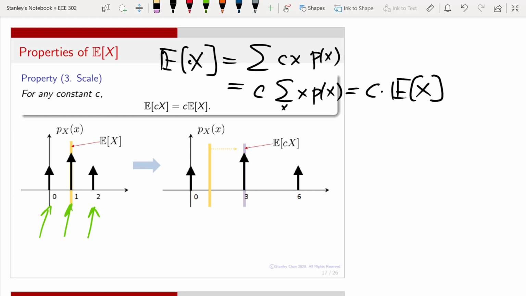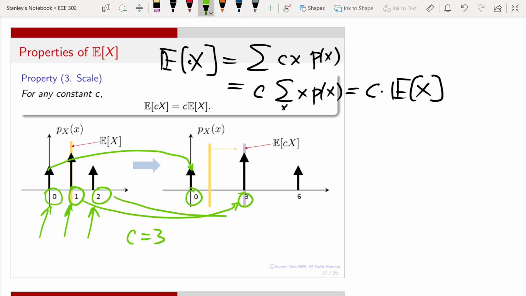Now, if you move the random variable x by multiplying x with a constant c, what will happen is that this value would be translated to here, because this is a state of 0. 0 times c will stay as 0. But 1, let's say your c equals 3, then 1 will map to 3, and 2 will be mapped